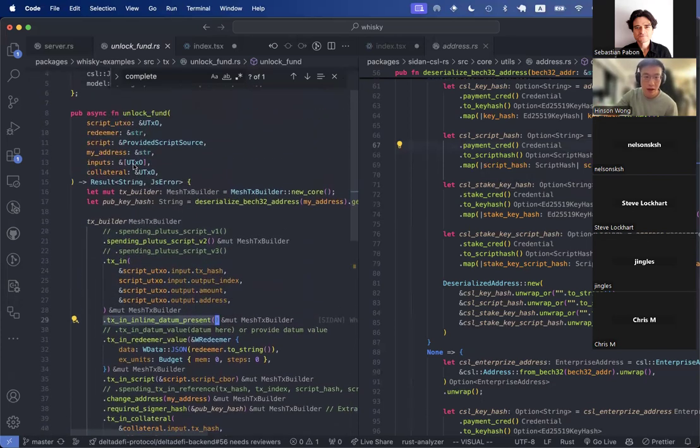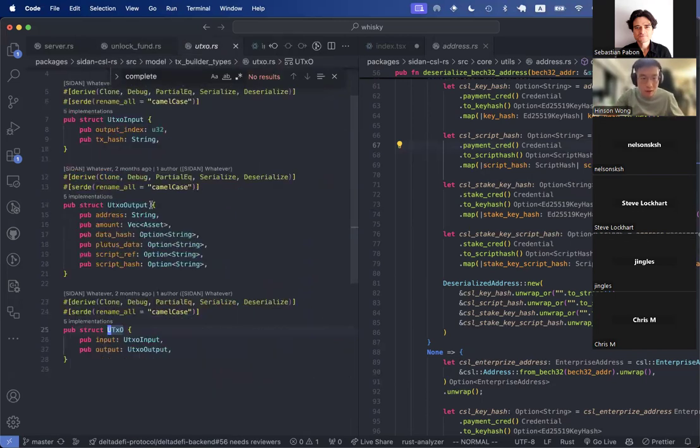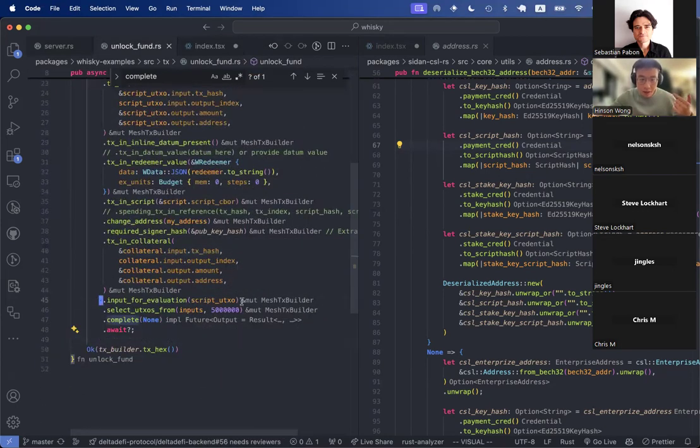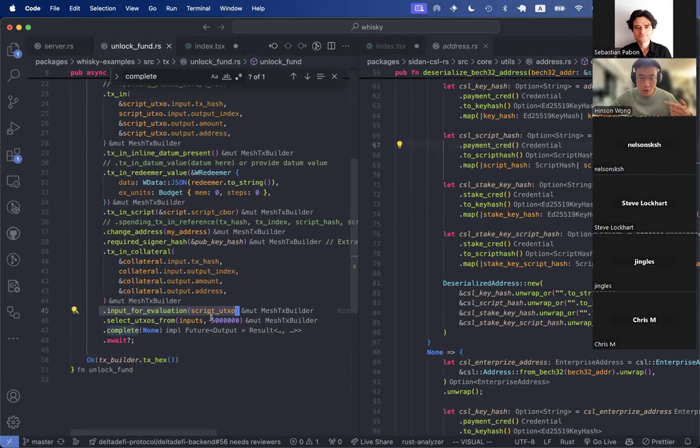So that's why we have to supply this whole UTXO, because from this UTXO, we know that there's a Plutus data. If we ever try to fetch it from a provider for Mesh, we will definitely find it because it's inline datum, and we could pass it directly. And then from here, we just supply the extra input UTXO for the Rust code base, and then you could perform the